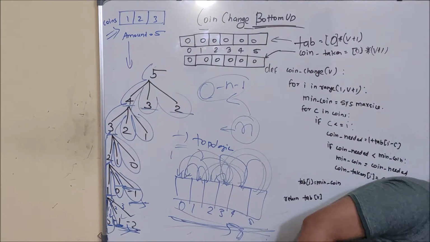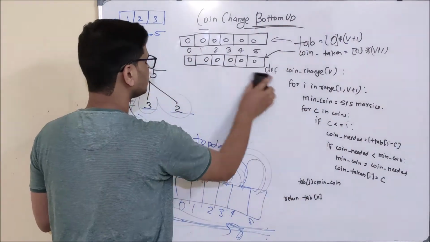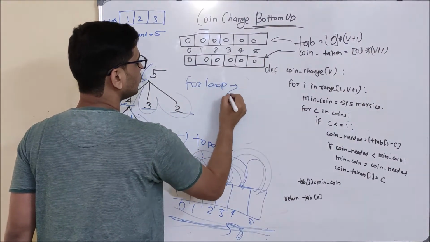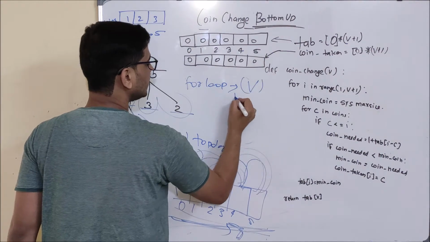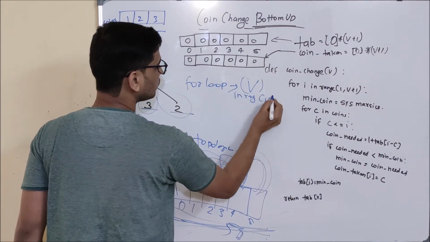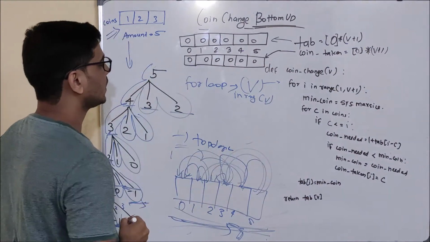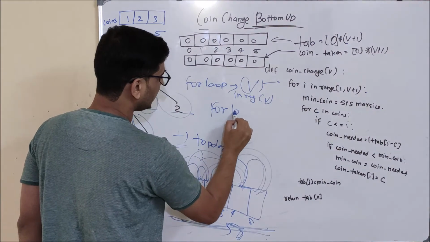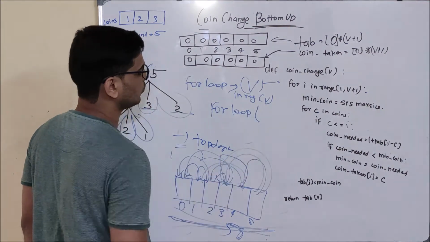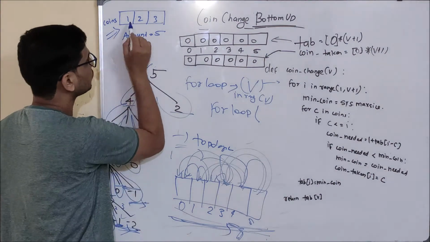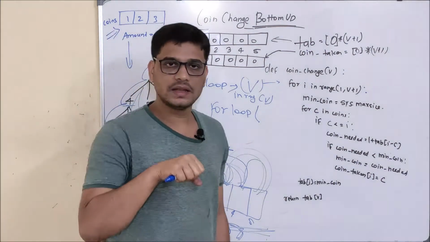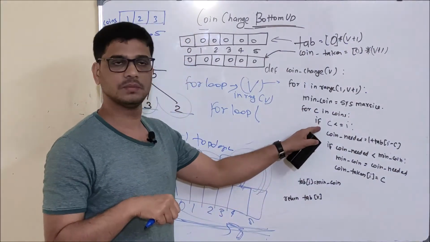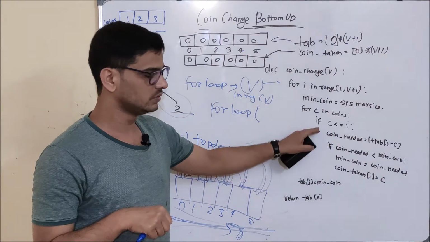So basically what we will do here is, we will have an outer for loop. We will run it for each amount in range V, basically this line, and inside that we will write another for loop, and that loop will run for each of the coins we have. That is, in the inner for loop we are going to try all the coins if it is possible. And then we are going to do these 4 operations.